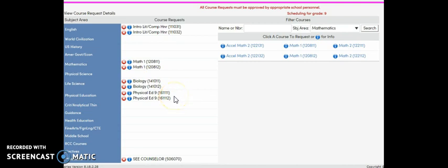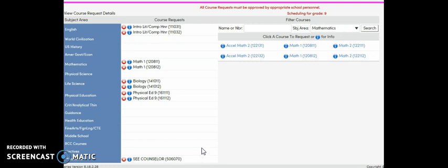Any student that's interested in a sport will have tryouts in the summer. Once you have made the team, the coach will give us an approved list, and we will, as counselors, put you in the appropriate sports class. The last thing that you see on here, pre-populated, is something that says see counselor. Go ahead and leave that alone. That's for us to make sure that we've had a conversation with your students and have double-checked their schedule for the following year. As you can see, this only makes 4 out of 6 classes, so students do have to